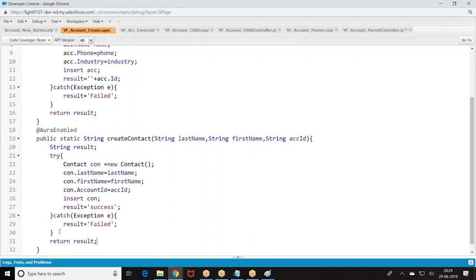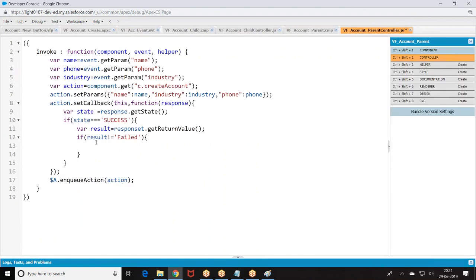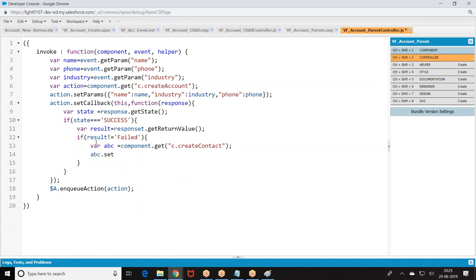Now when should I call this method? If account creation was successful, then I have to call this method. Where component dot get, then we are giving set params. Then what I was supposed to read.